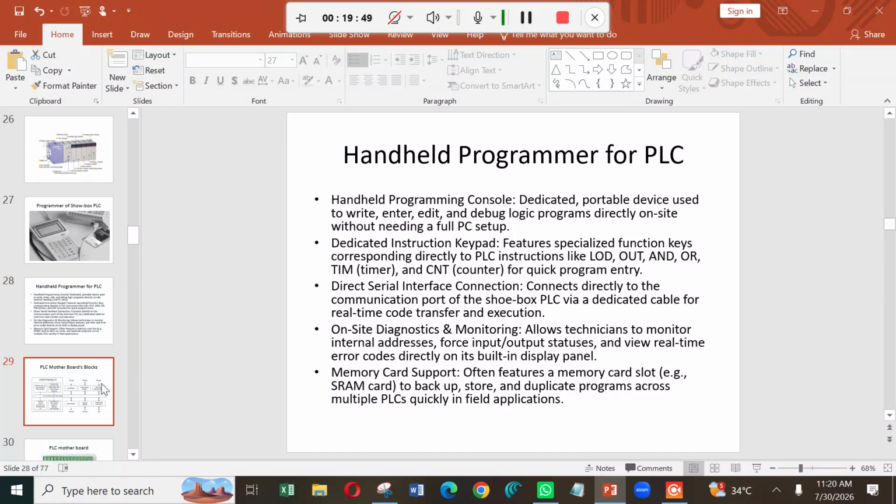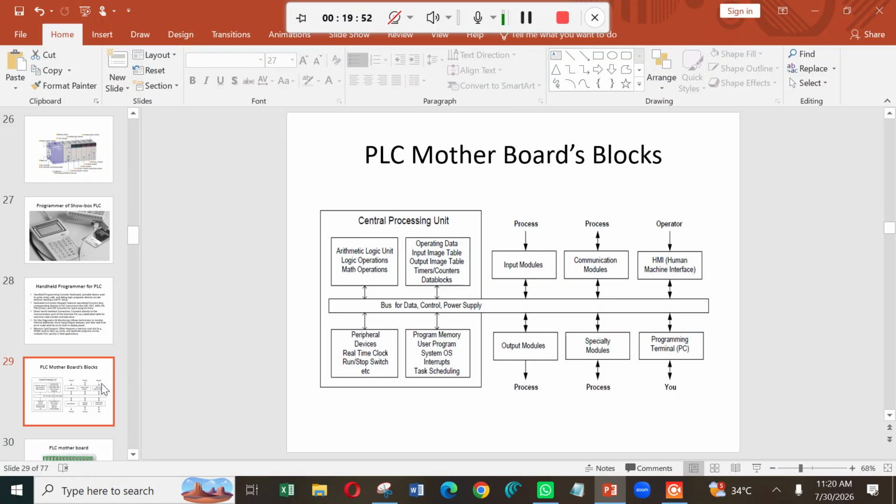So then let us see in detail what blocks will be there in the motherboard if it is a Showbox PLC. There is no need to explain this one. If you know the microcontroller background, then you can easily understand. In fact, I explained what is microcontroller and microprocessor in the first unit.